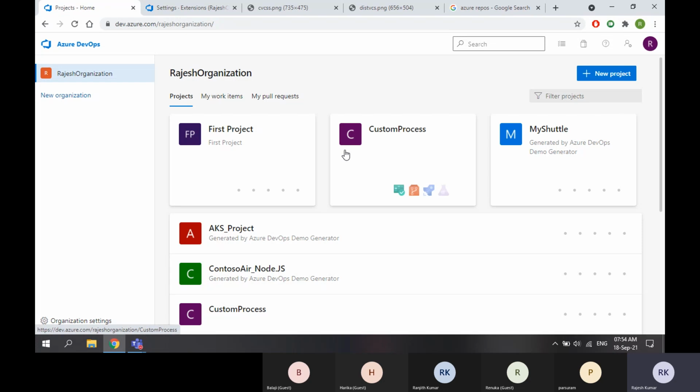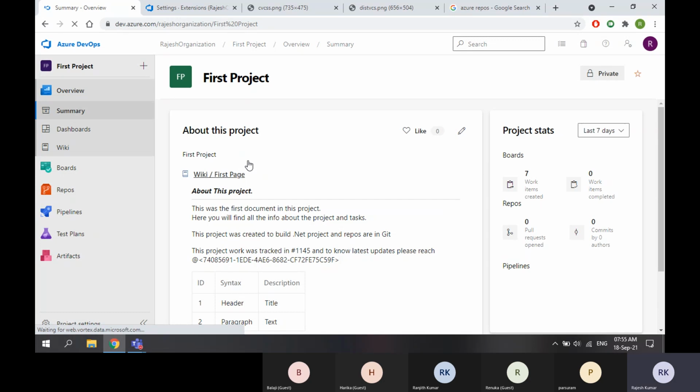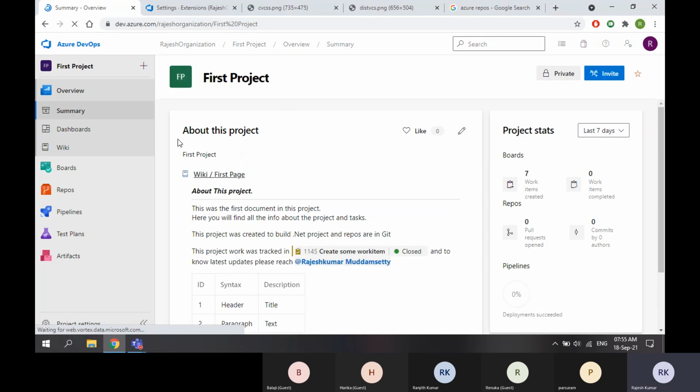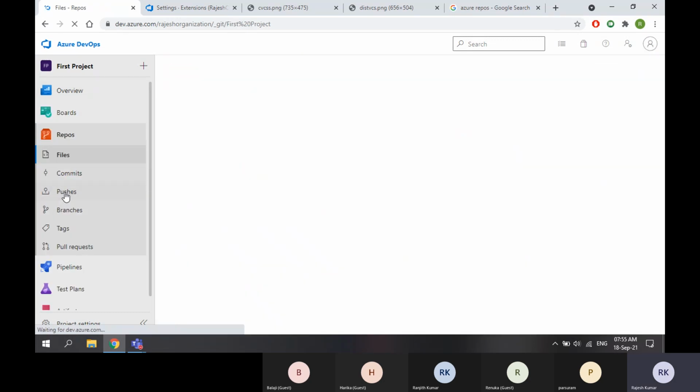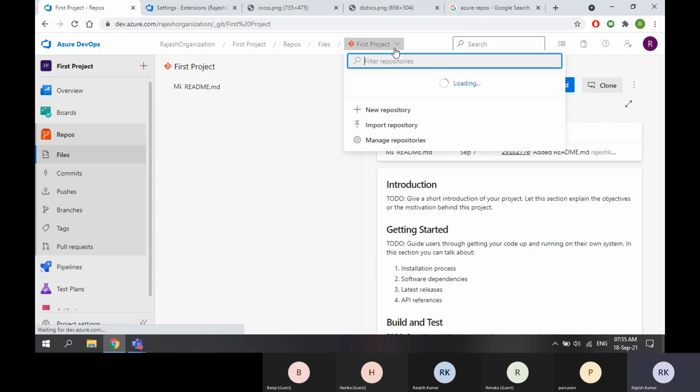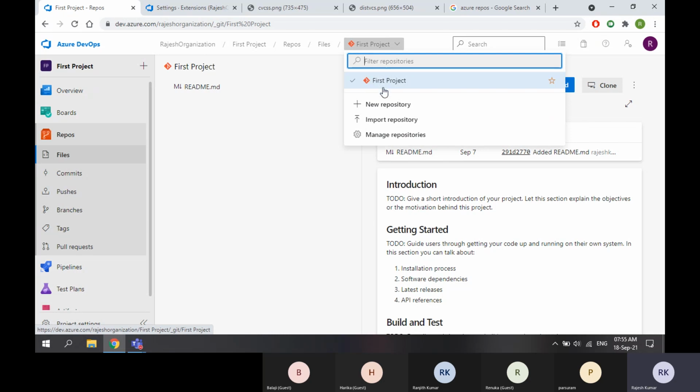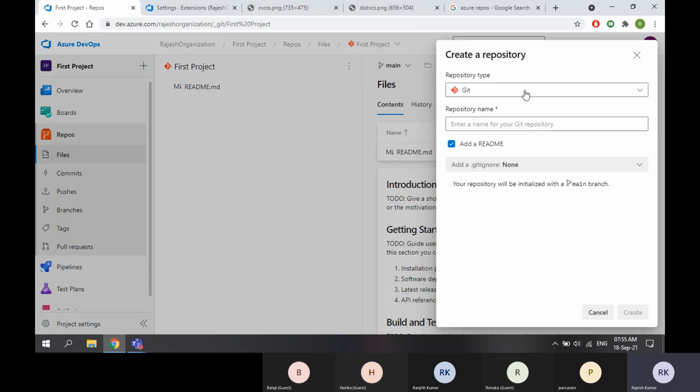Okay. So now I already created a project, and while creating this project, I have chosen Git only. So here you can see this logo is for Git. Now if I create a new repository, I can choose either Git or TFVC.